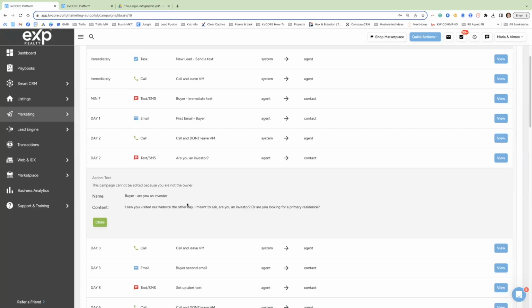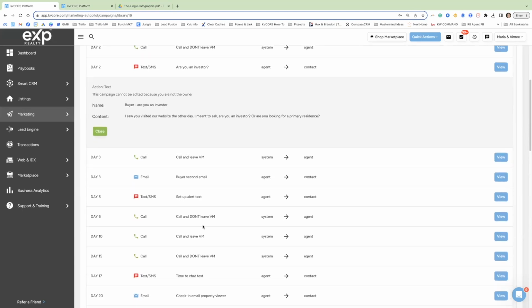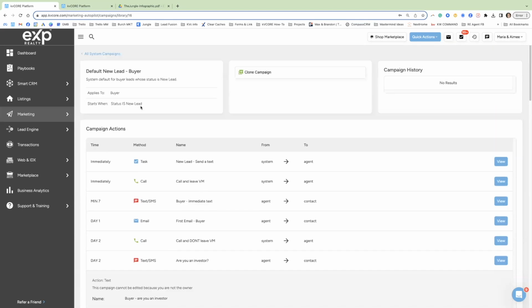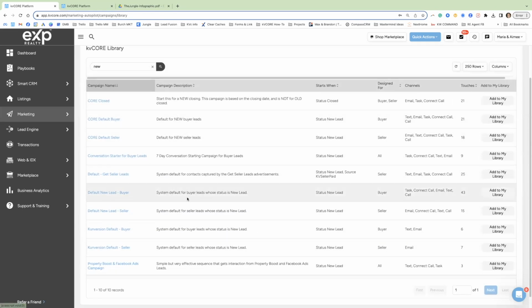So watch. Even if you're watching the recording, you could go into your KvCORE and add this to your KvCORE library and start using it for the people who sign up on your website. So I'm going to go ahead and do that. Now, if you go back to where I'm at, the KvCORE library, you see these 3 tabs. I'm in the middle one, and you see default new lead buyer. Just go to add to my library. Now, if I click that